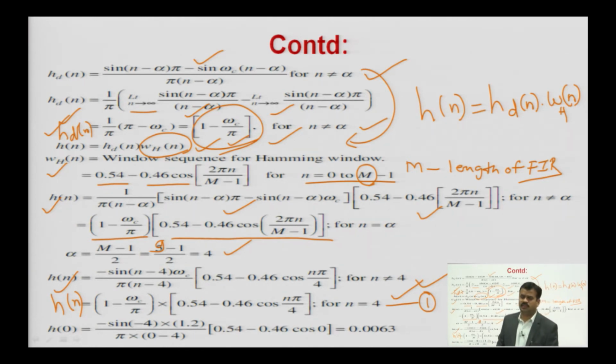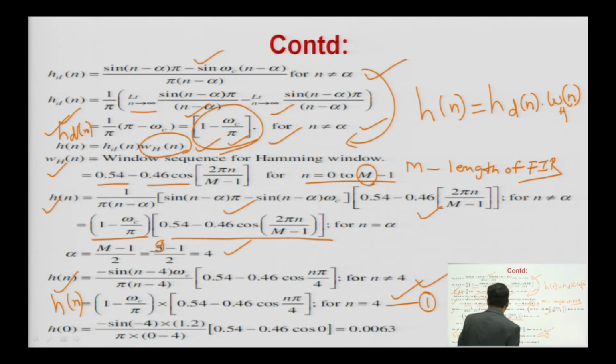So, in this FIR filter design, at first you have to calculate your h_d(n), that is the actual digital FIR filter coefficient. Now, you have to convert it into a finite duration realizable filter. That is why you are associating window functions here. So, for getting the final h(n), you have to multiply the window function w(n) with this h_d(n), and then you will get h(n) here.